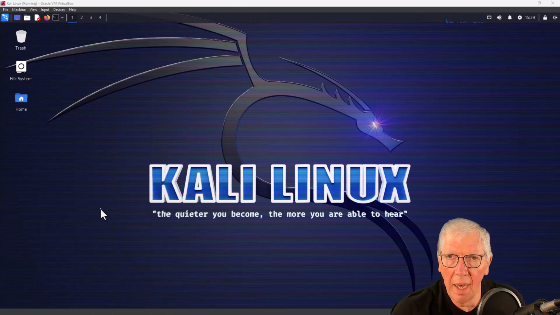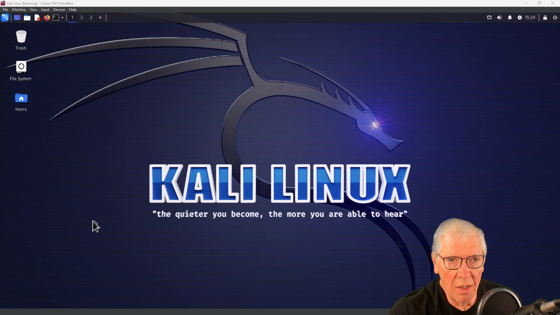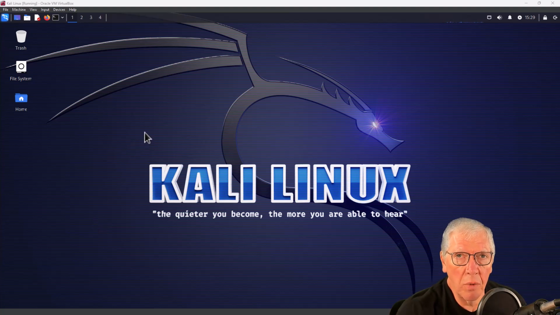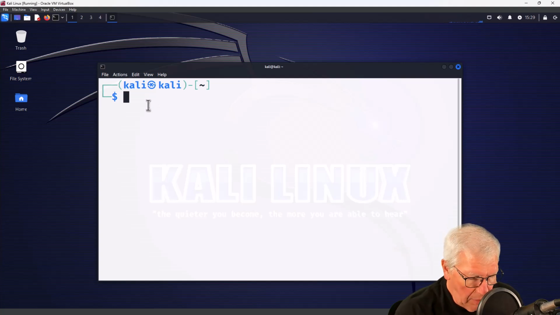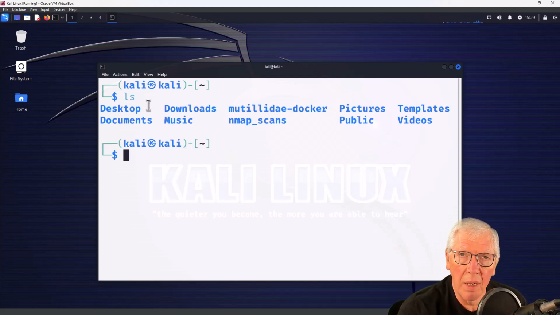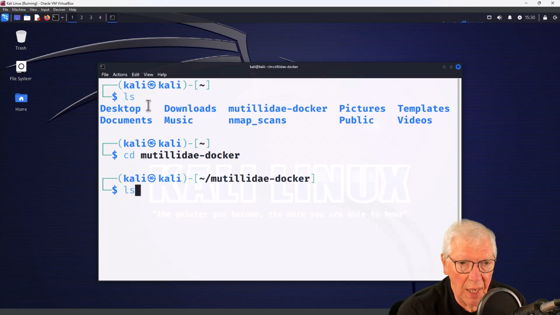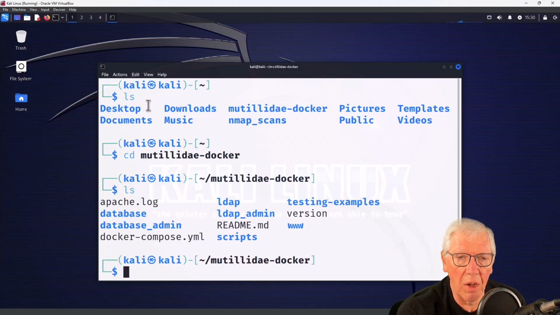All right, great. Now that we have Mutillidae 2 installed on our local computer, I want to show you the labs so that you can see where they're at, and also walk you through the very first lab. When you're getting ready to work with Mutillidae 2 on your local Kali computer, the first thing you're going to do is bring up the terminal window. If I do an ls, you can see that I have a folder out here. This was from a previous video where we installed Mutillidae locally on our Kali machine. I'm going to cd into the Mutillidae Docker folder and do an ls, and you'll notice there is a file called Docker up. So we're going to type in Docker